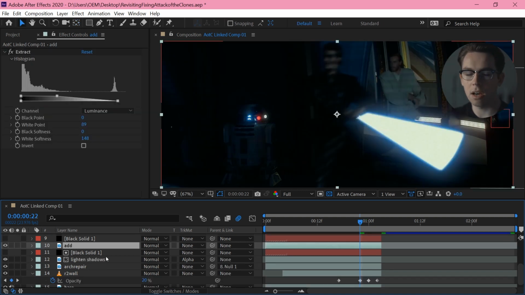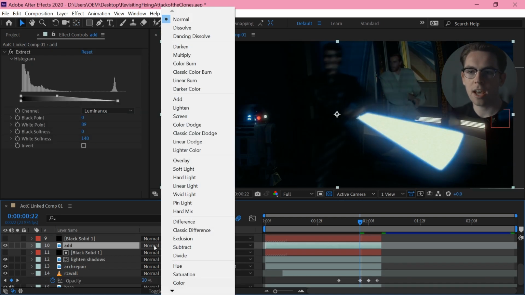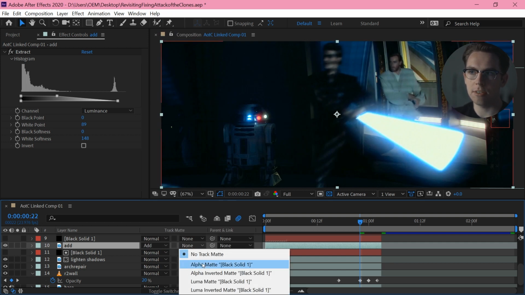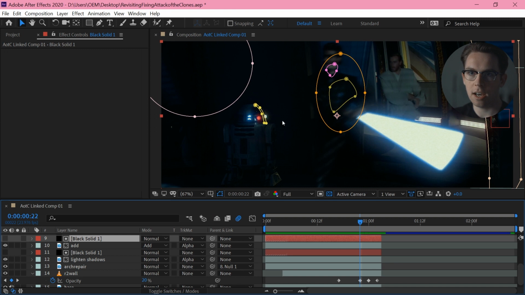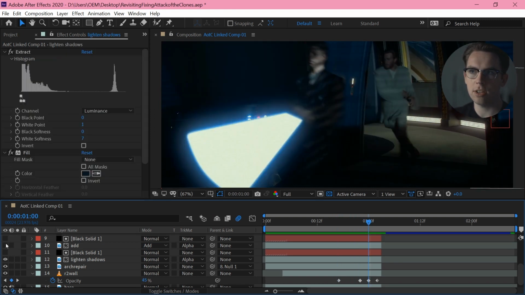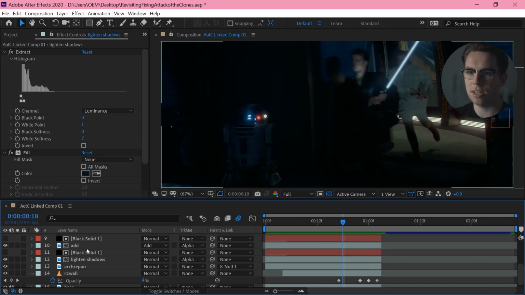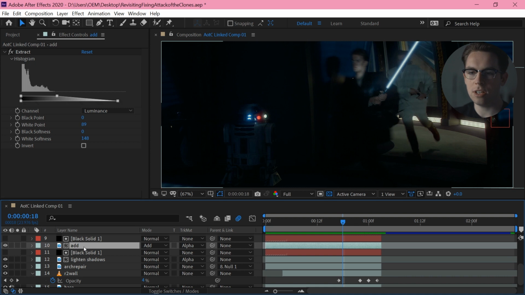And then I'm taking another copy of the footage and I'm just setting it to add, and I'm using that same matte again. I'm just going in and adding some smaller little details as well. And you can see this is actually doing a lot of the heavy lifting here, adding in those highlights. And this is the quickest and cheekiest way to relight a scene, just with an additive layer.